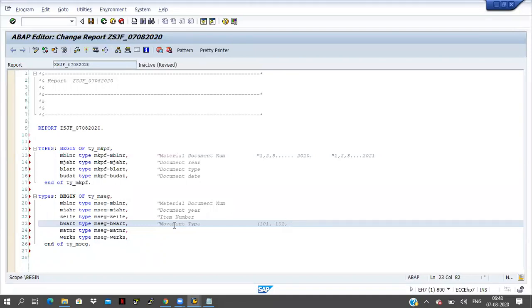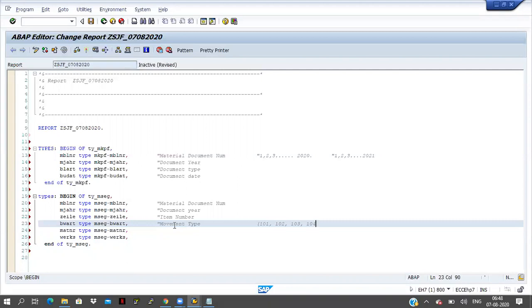Once again the finished product will come to the godown, and at that time I will maintain 103. After that the final product is completed, and I have to deliver it to the customer. At that time one movement type will come. Like that, those are the movements here.